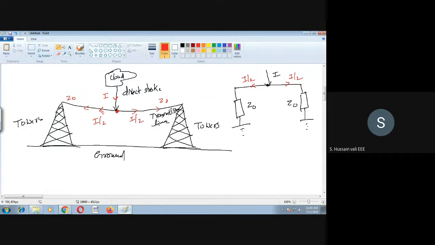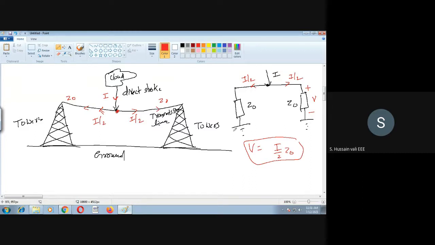Okay, so now you see yourself what is the voltage here, you will find out now. What is the voltage here? It is I by 2 and it is Z naught. So let me take this voltage as V, for example. Then what is V? How can I write V? V, I can write it as I by 2 into Z naught. Yes, this I can write. No problem with this.